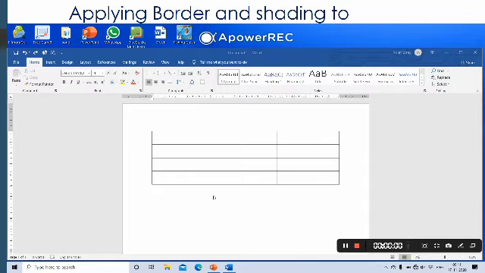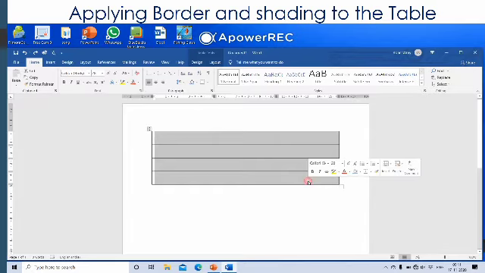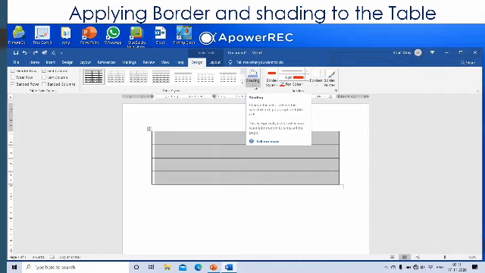Applying border and shading to the table. To apply border and shading, you can select one cell or you can select the full table. After selecting, here table tools will appear. Click on design tab. In design tab here, shading option is there and here are the borders.